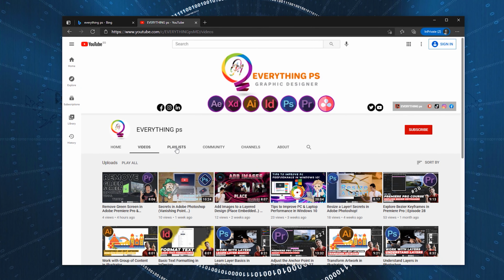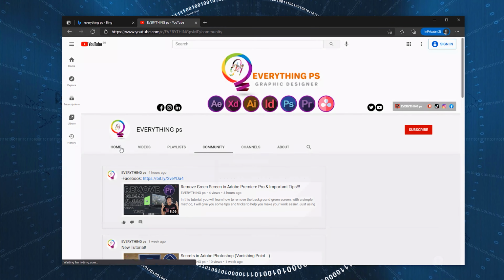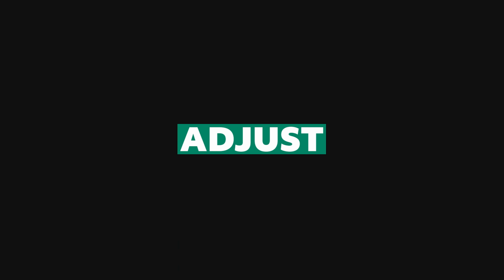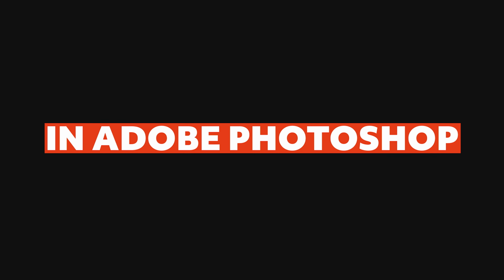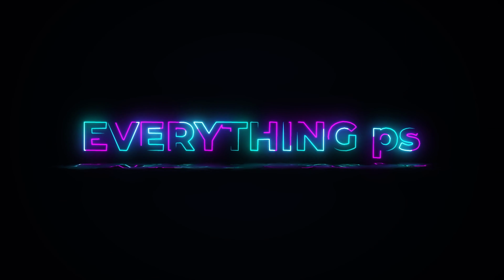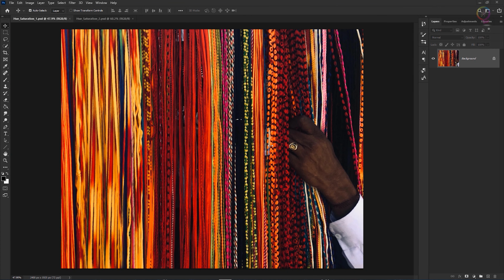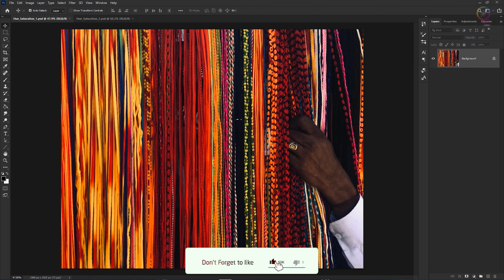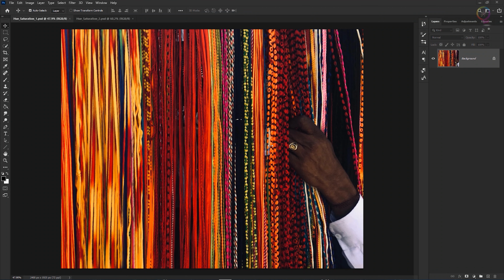In this Photoshop tutorial, we are gonna talk about how to adjust hue and saturation in Adobe Photoshop. The hue saturation adjustment lets you adjust not only color saturation, but other properties of color too. And it gives you the option to adjust either a particular color or all the colors in an image. So you get more control over color with this adjustment than with the vibrance adjustment that we looked at earlier